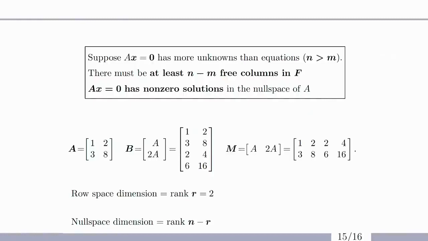The 0 combination will surely give 0. But if I have 5 unknowns, 5 columns, and only 3 equations, 3 rows, so 5 greater than 3, n greater than m, then there will be some columns in F, there'll be some non-zero solutions, and these